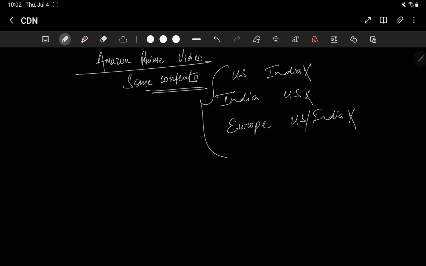The right question is why? Why do you think something is available in US but not in India? And how do they control it? So the way they control it is,